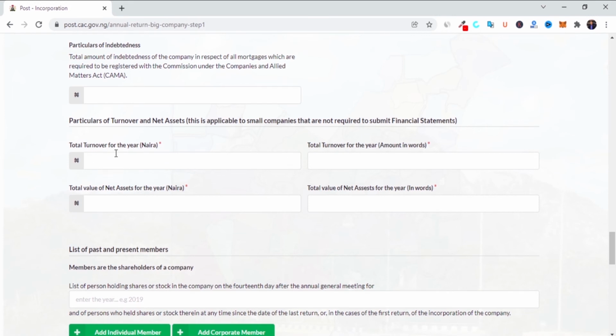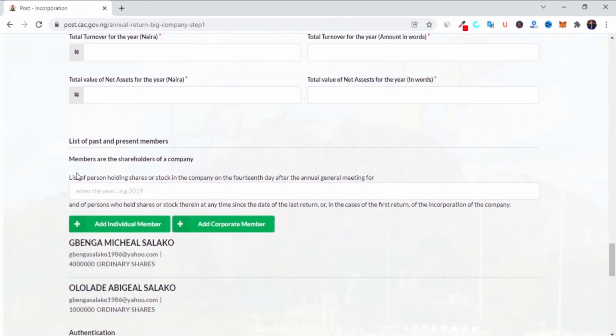It will be calculated that you see the figure there, and then the total turnover of the years in words. So what you wrote in numbers here, you write them in words. Then the total net assets of the year, you must write them also here in figures and then translate them in words as well. Then finally, list of persons holding share or stock in the company on the 14th day